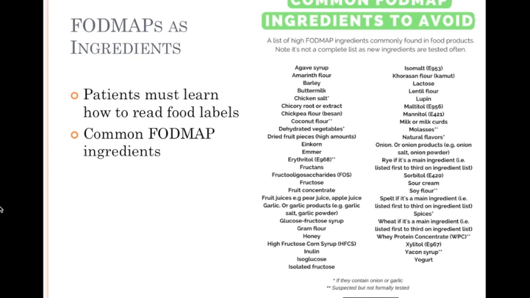It's important that patients and their families are able to properly read food labels and be able to identify high FODMAP food ingredients in the ingredients list. This chart shows a list of common FODMAP ingredients that would be found on ingredients lists of foods. So some common ones, of course, would be fructose, high fructose corn syrup, honey,